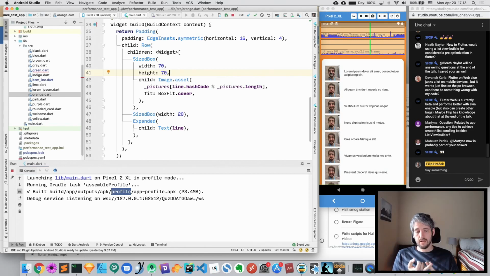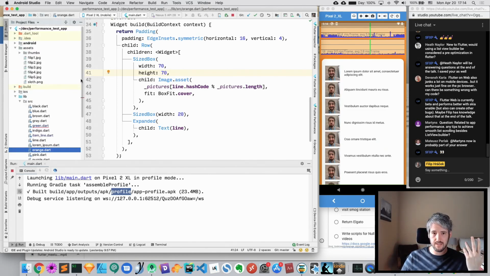Then it needs to decompress the JPEG into pixels. Then it needs to size it down to the size that it has there, and then it needs to send it to the GPU to render on a texture. So all this work for this little thumbnail. In this case, the best way to make this better is just use thumbnails, right? If you really want just a 70 by 70 list of icons, or thumbnails, then make sure that your assets are comparable size, and you don't ask the Flutter framework, or any other framework for that matter, to do all that extra work for nothing. That doesn't mean that you cannot have 3 megabytes of assets, but just don't waste that. All right,